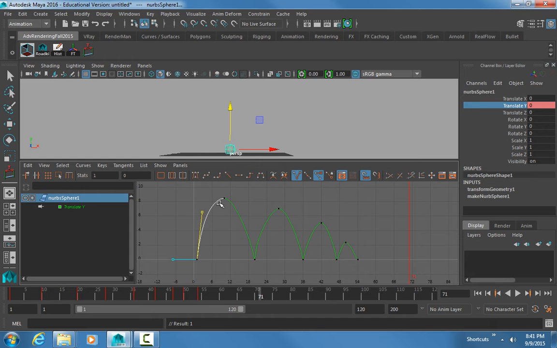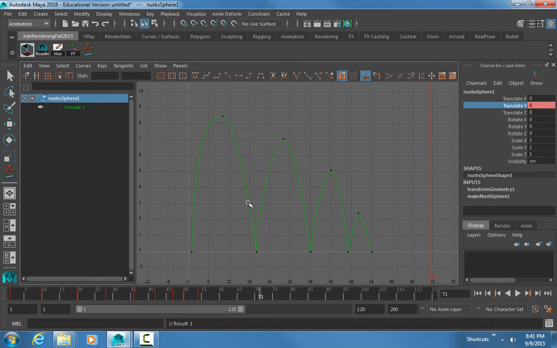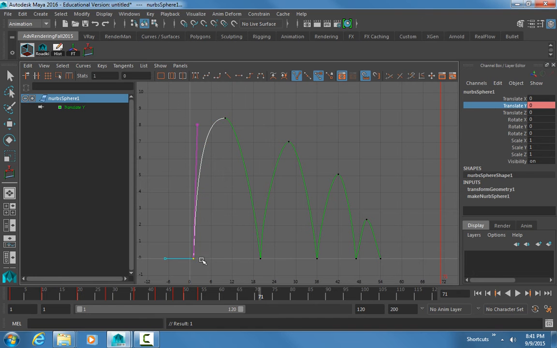Like for this one, by taking the graph, let me make this bigger so you can see it, and making it like this, what I'm going to get is this really quick vertical movement. It's going to shoot straight up, then it's going to hang out for a second, not a real second, but hang out for a couple frames, and then fall back down. Okay? So that's another way that we can kind of play with things and just see what does it look like,